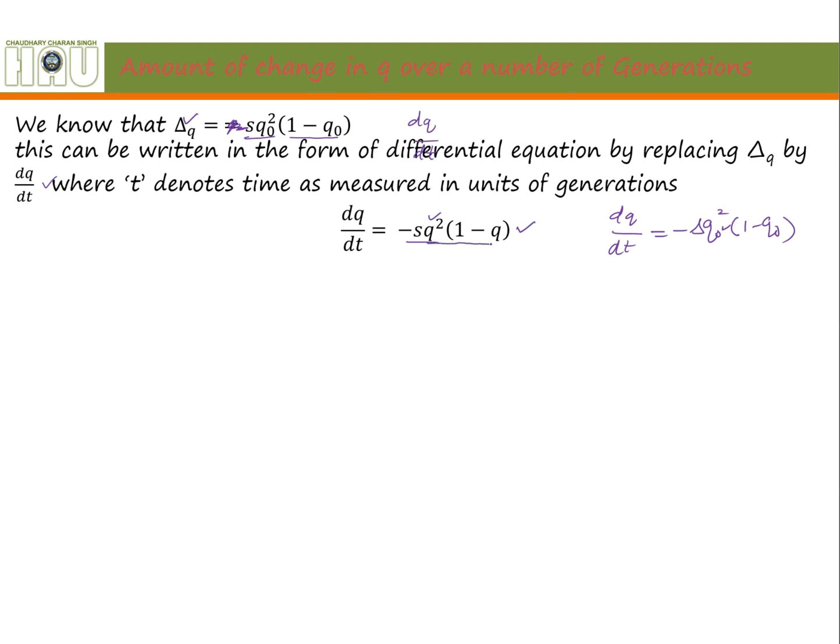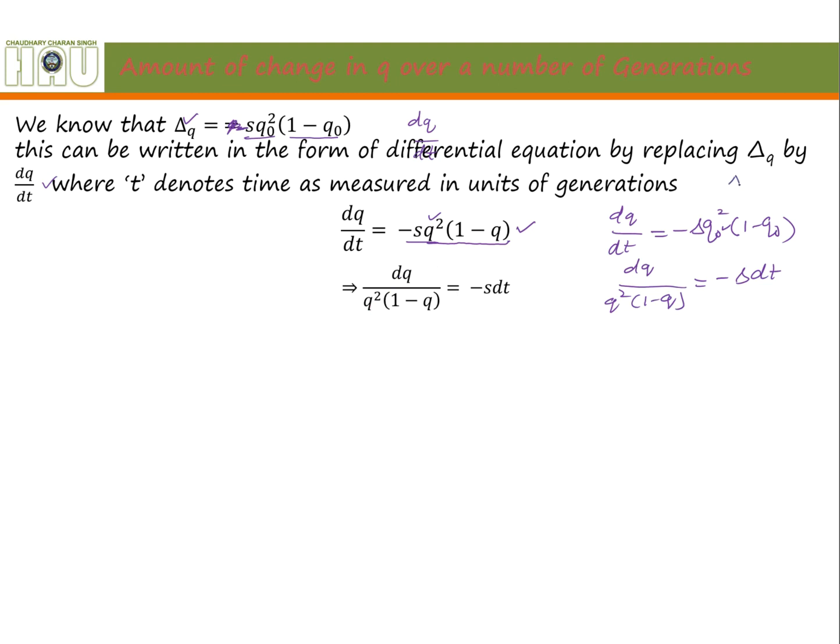Now from this, if I separate the terms containing q on one side and the rest on the other side, what I will get is dq divided by q square into 1 minus q equals minus s into dt. Can I write like that? So this can be written like this. Now if I integrate both sides,